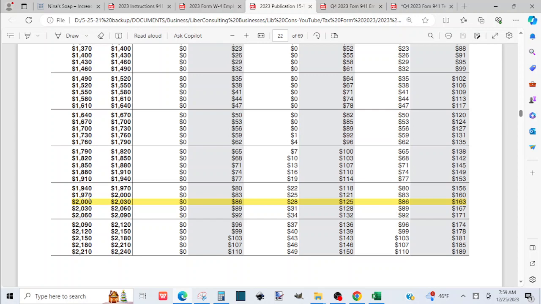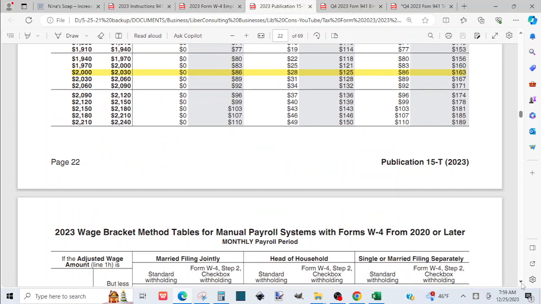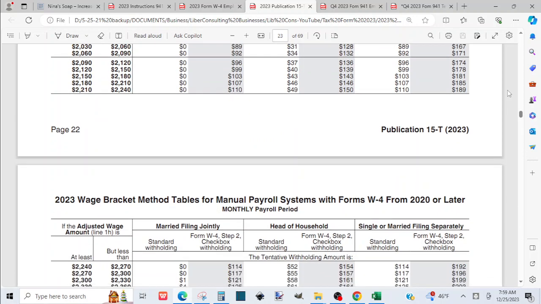And within that, you'll notice that we didn't use the top bracket. We used the bottom bracket. It's starting at least with 2,000 and ending after 2,000, so 2,030. So since you are going to pay yourself 2,000 a month, I'm going to scroll down a little bit so that we can see the